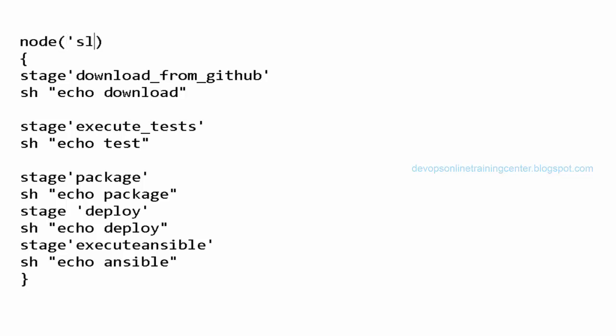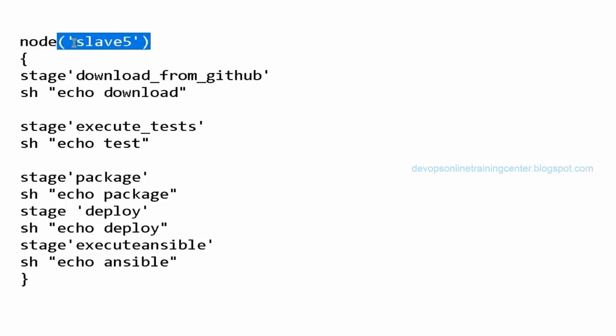If we have multiple slaves, let us say if we say slave 5, it will go and execute on that particular slave. So what is this called? Where do we define this? In the Jenkins script, right?